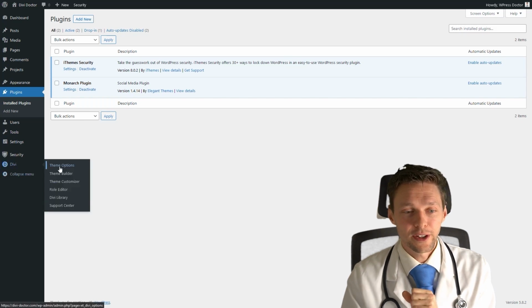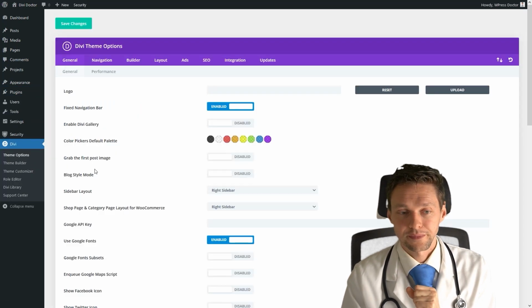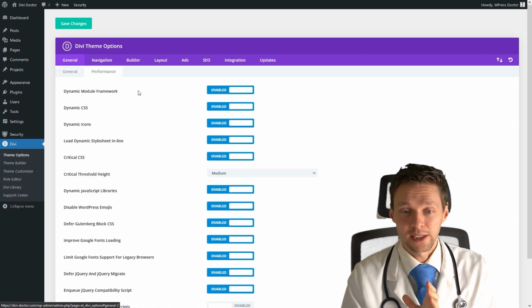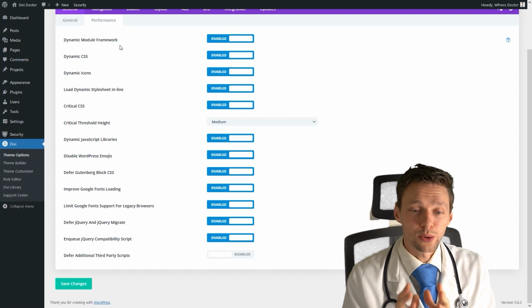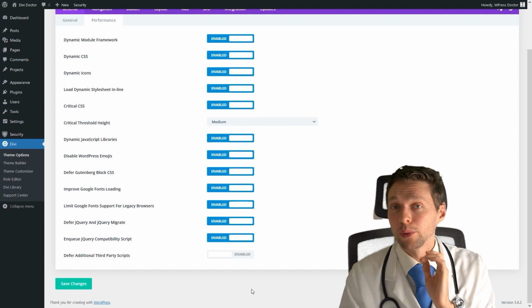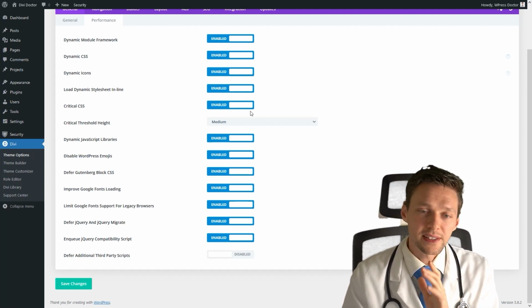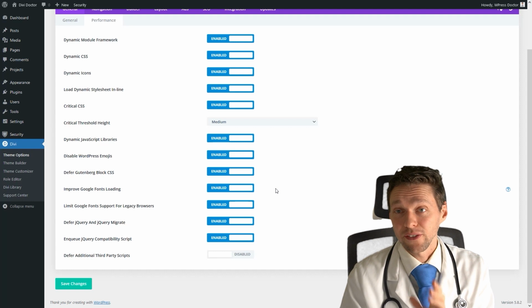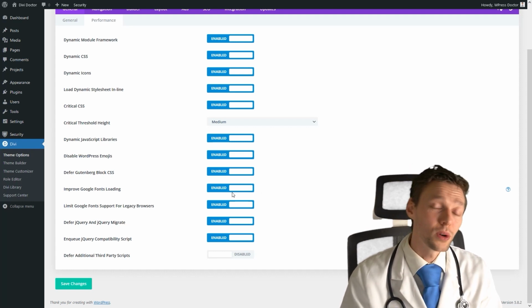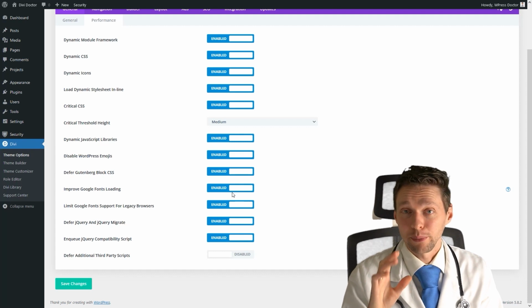If you go to Divi, you go to the options. There is a tab called Performance. If you click on this one, your Divi installation should look like this. Everything should be on. This should look something like this with everything on. If it breaks your website, please disable the one you don't like and see if that solves your problem. If not, let's go to the next step and install the world's best caching plugin.